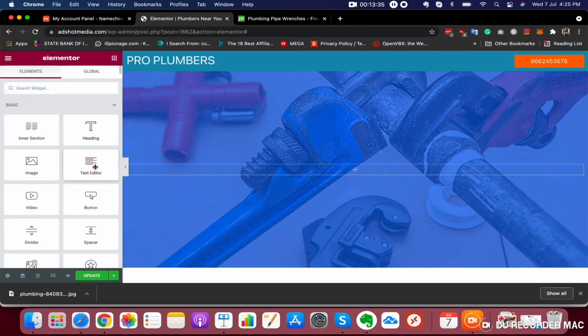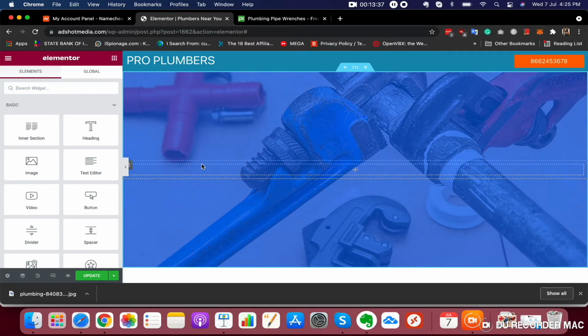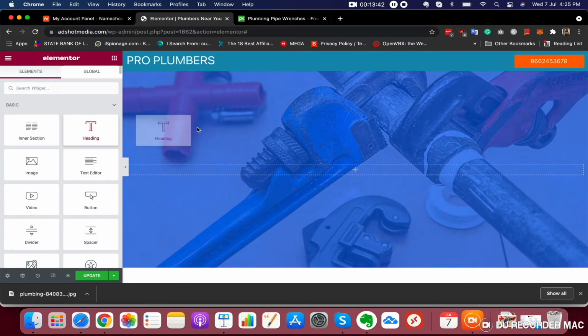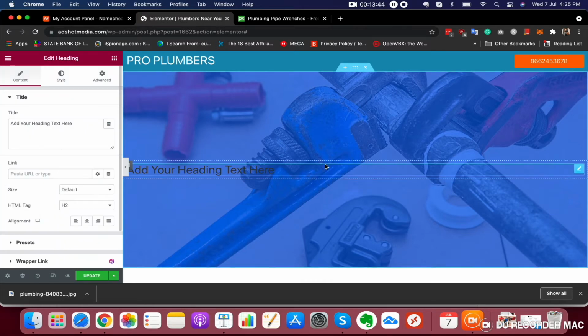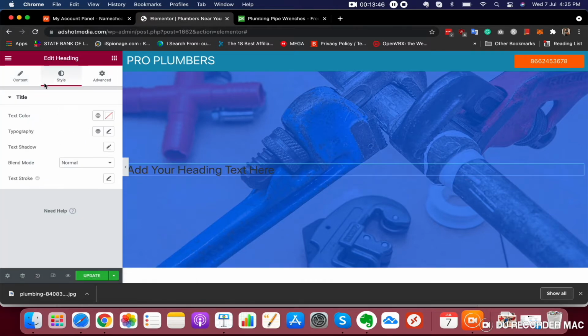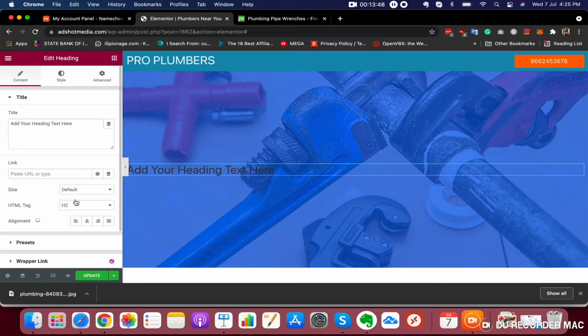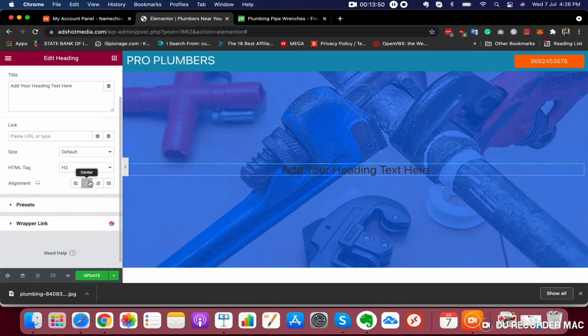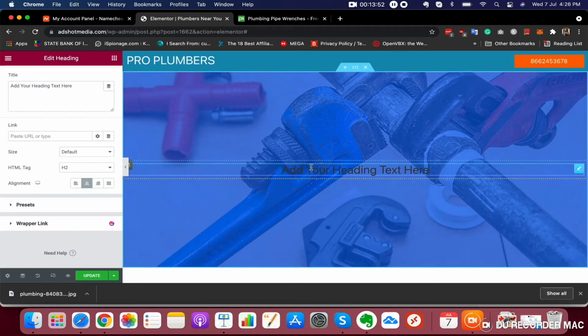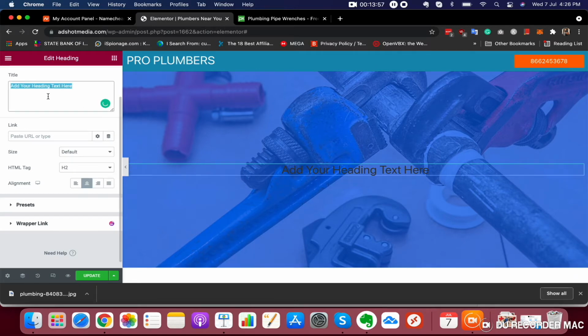So now just create our first heading section here. The same thing, drag and drop your heading, center align it. All right, just put some text here.